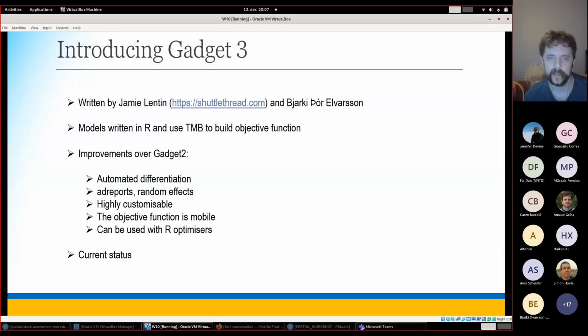This is the latest version of the Gadget framework. It's written by Jamie Lentin at Shuttlethread and Bjarki Thorsson. The models are written in R, and then they use TMB to build the objective function. So there are a number of improvements over Gadget 2,